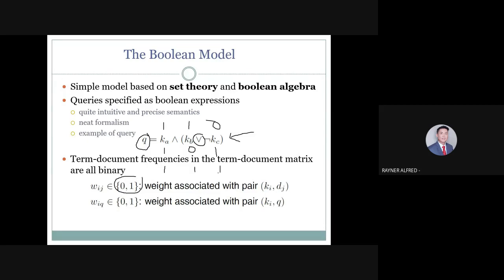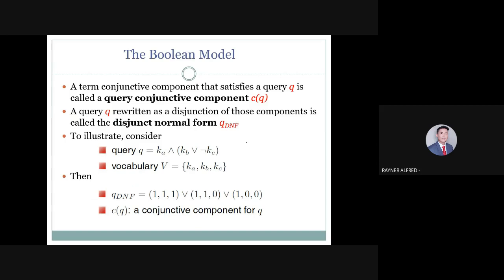Okay, so for the time being, let's say this is our query. The query says that I want to have keyword A and keyword B or not keyword C. Okay. So if you look at the next one,